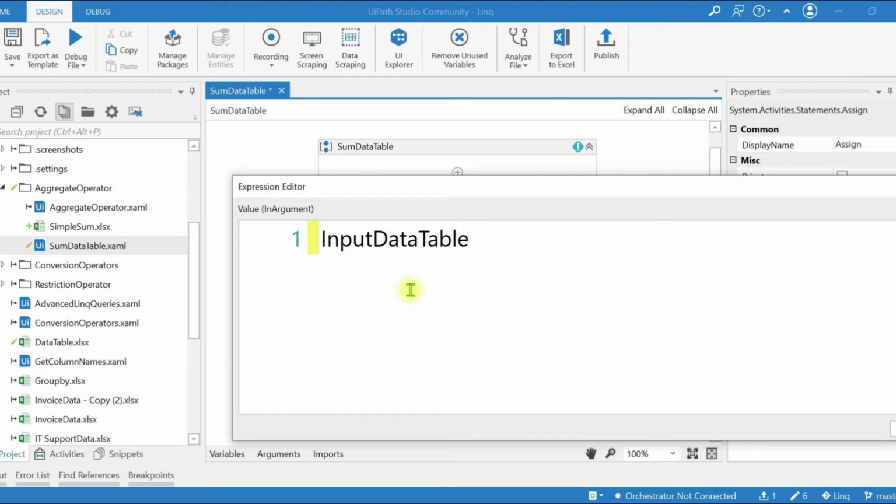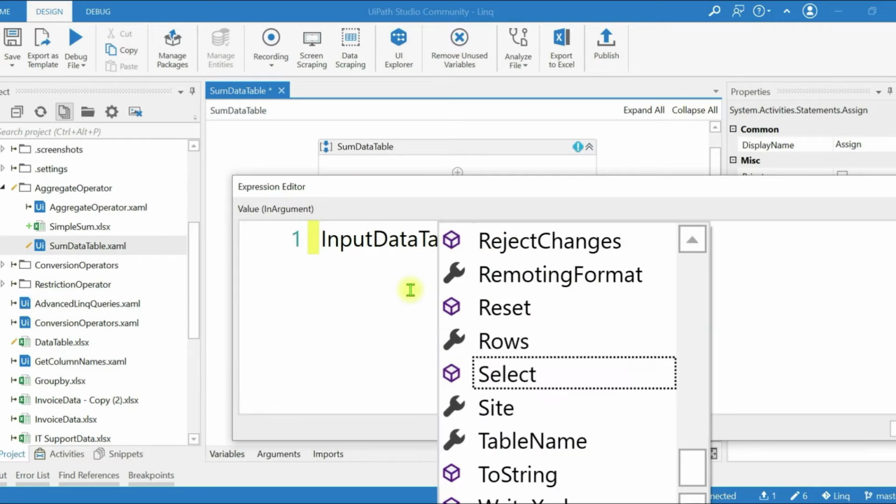Friends, we are not going to filter the data. We are going to add all the values under the total column. So here a where extension method is not required. We are going to use only one LINQ query operator, that is sum. But I am not able to access the extension method sum.